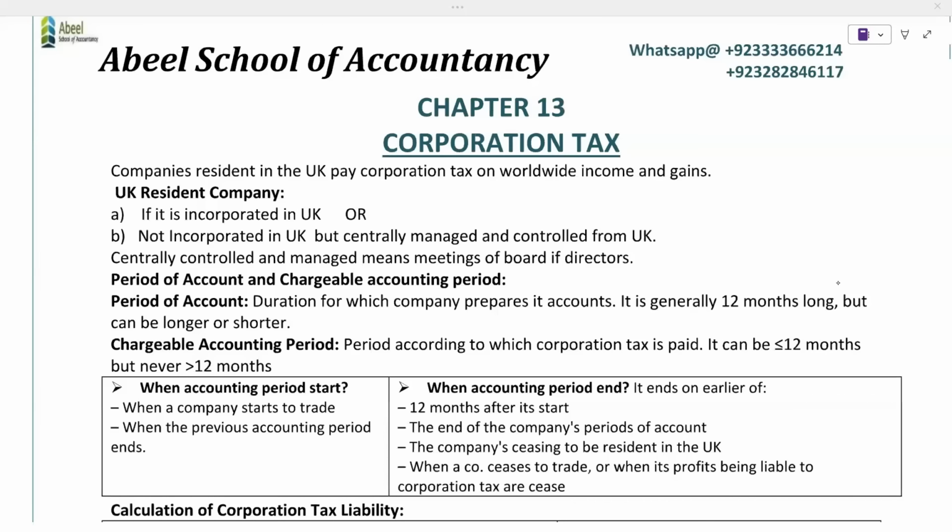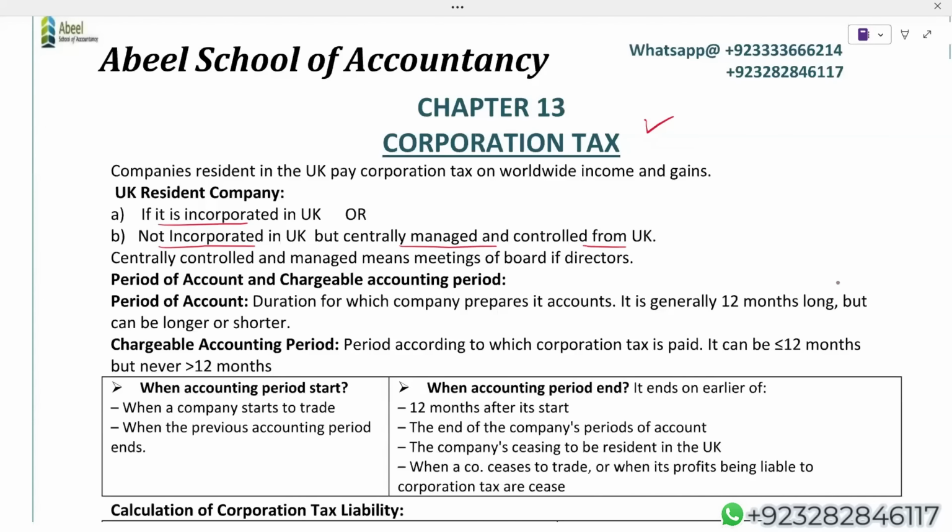Okay, dear students, quickly revise the corporation tax rules. First of all, when we say corporation tax, we are actually dealing with UK resident companies. UK resident companies have two understandings. One, the company which is incorporated in the UK is a UK resident company. Second, the company which is not incorporated in the UK but is centrally managed and controlled from the UK is also a